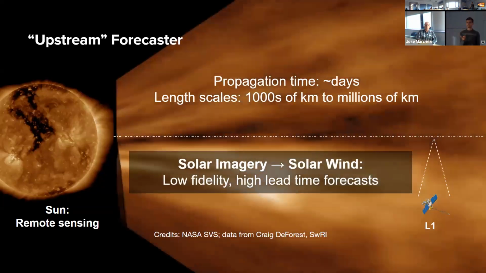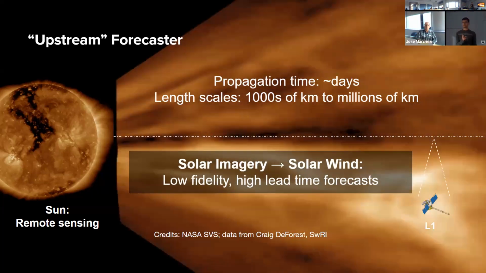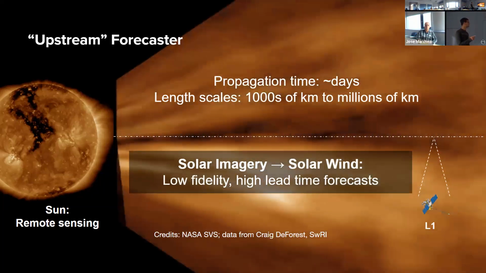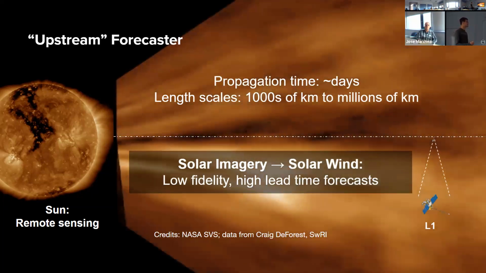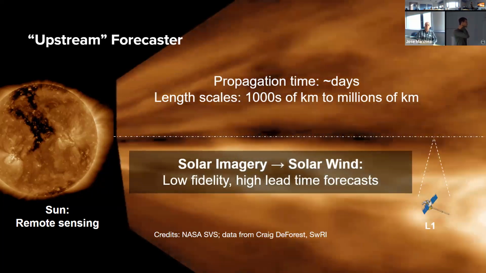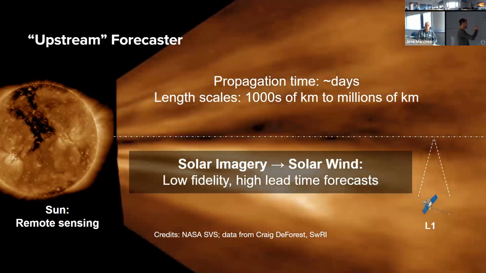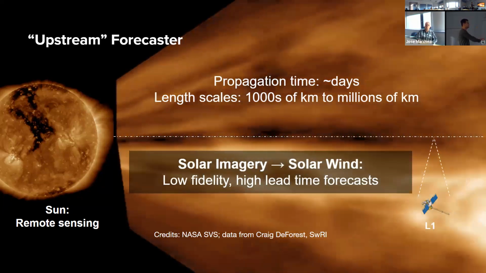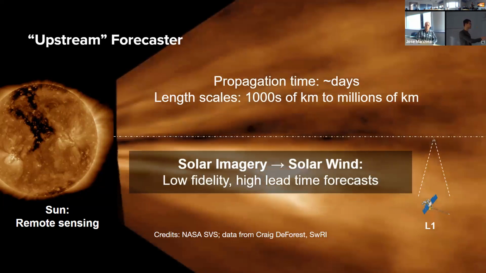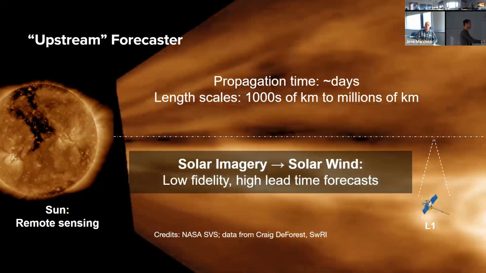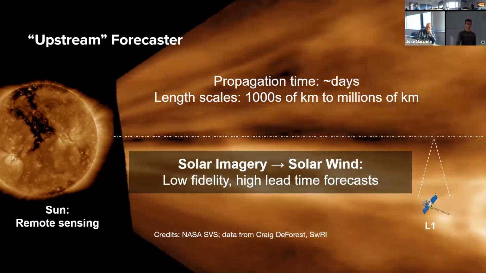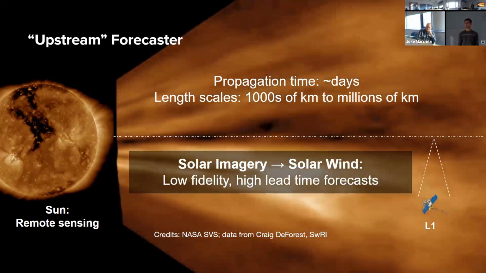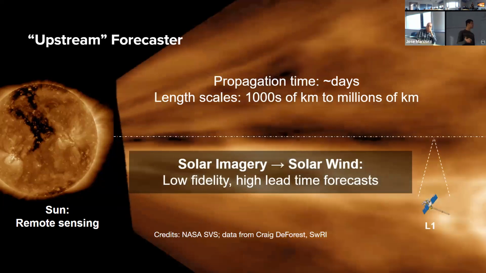So we did two main things during this research sprint. The first thing is we developed an upstream solar wind forecaster. I'll go into the details of this later, but what we do is we take solar remote sensing data, this is from the SDO satellite. And that imagery allows us to regress the solar wind measurements. So we have 6 solar wind parameters that we try and predict.